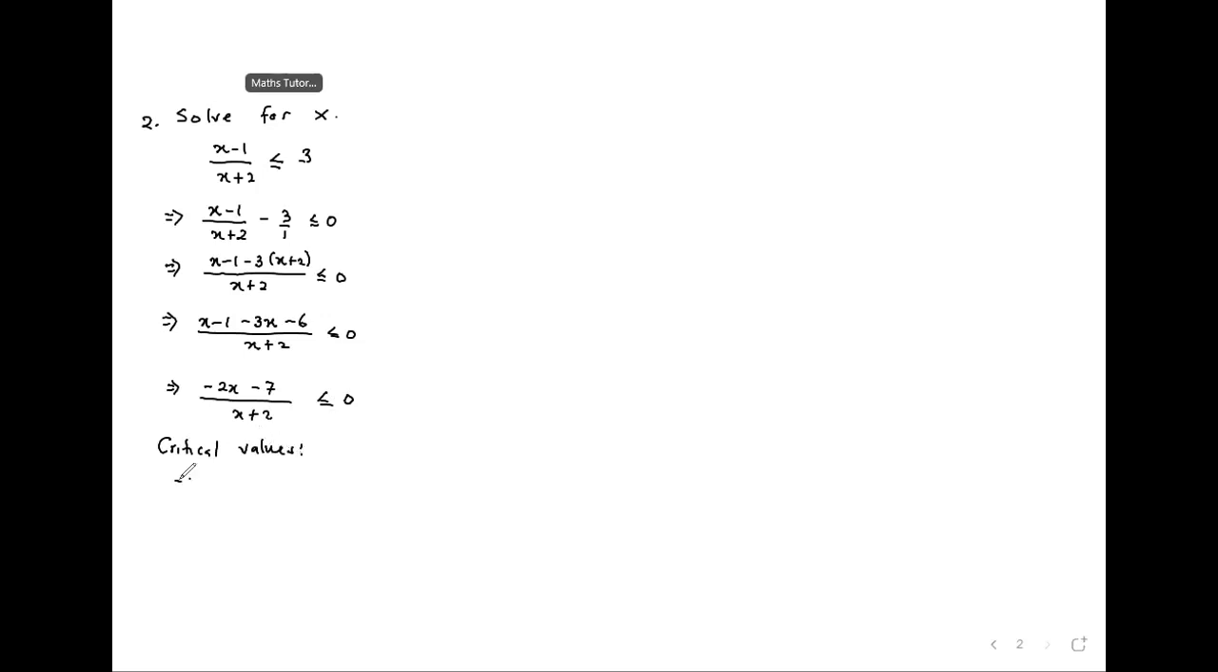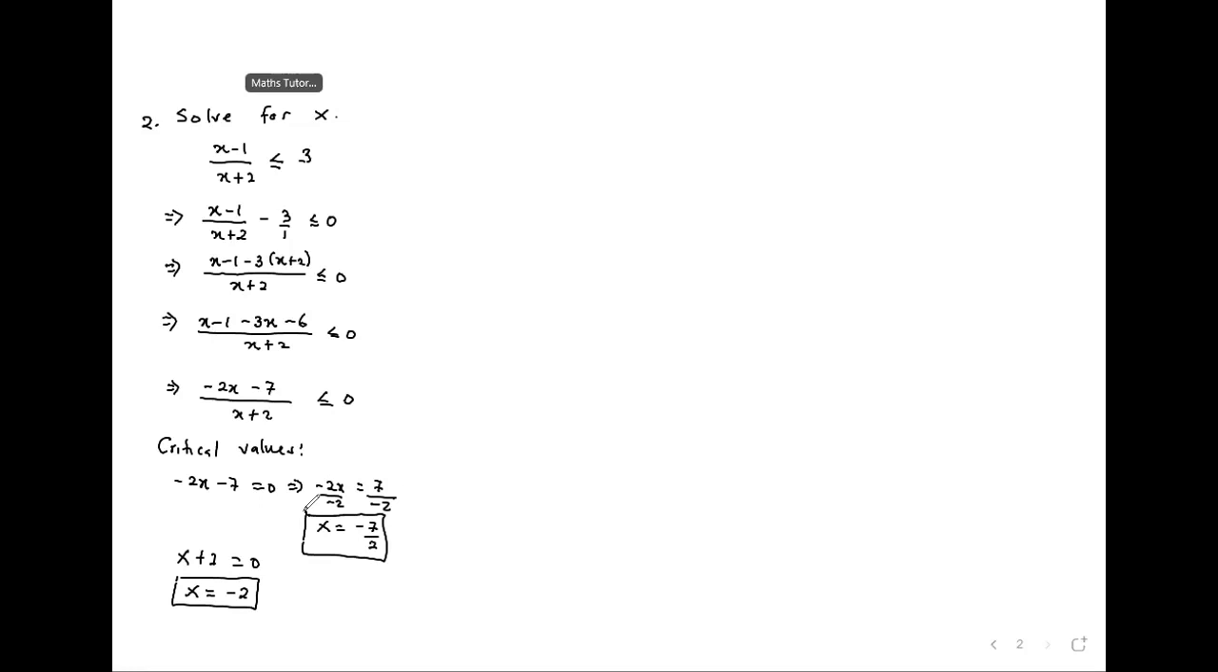Critical values, which is negative 2x minus 7 is equal to 0, giving us negative 2x is equal to 7, divide by negative 2, divide by negative 2. So x is equal to negative 7 over 2. Then x plus 2 is equal to 0, x is equal to negative 2. These are called critical values, and we need them for testing,